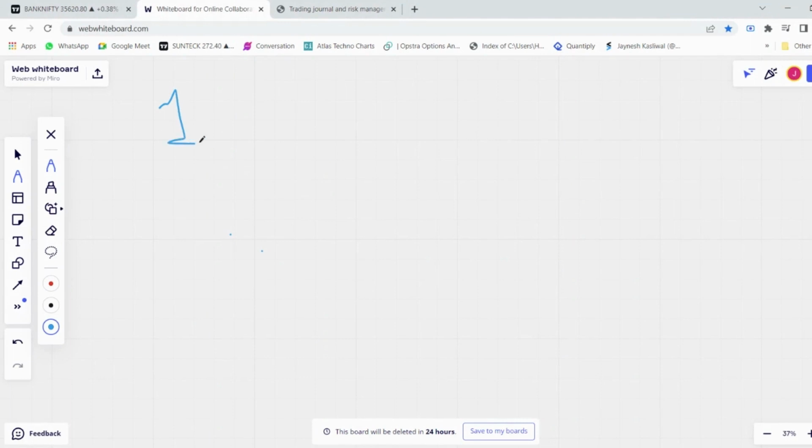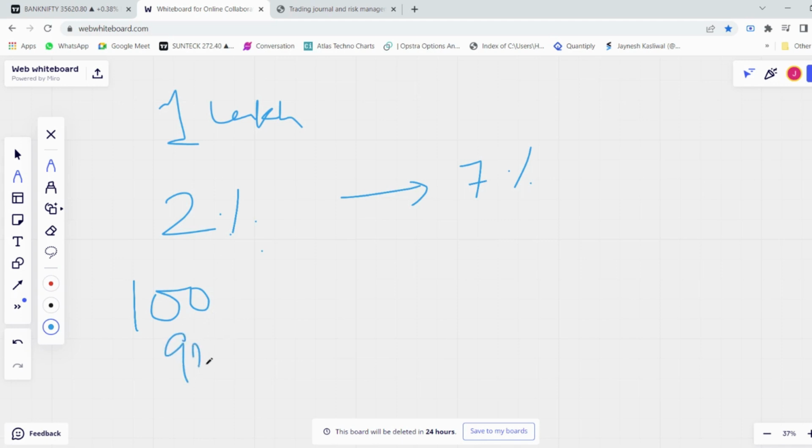Let's say we have a capital of 1 lakh and we have taken a limit of 2% per stock. Now in this case we are also going to limit our maximum stop loss at say 7% in any kind of stock. Now this is going to limit our losses on the downside in any particular stock. Now we have a stock trading at 100 rupees, we have kept a SL at 93 rupees, that is the 7% of our total buying price.